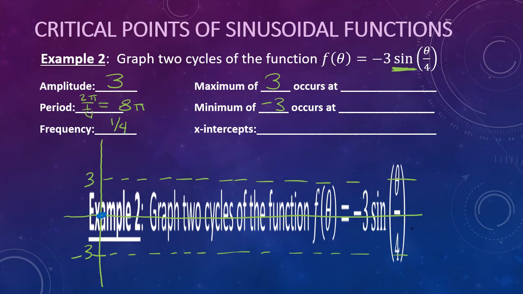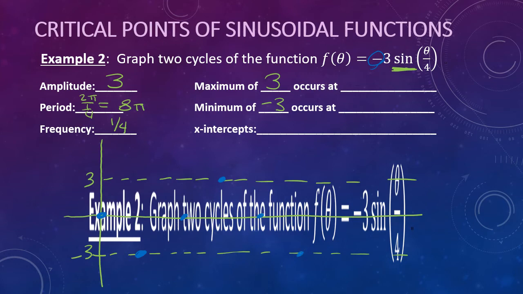Because this is a negative sine function, if you look at the sign right there, it means instead of increasing like the parent function, I'm going to decrease first. So when I go to graph my 5 critical points, this time I'm actually going to count over 3 and graph my minimum. I'm going to go over 3, midline, over 3, maximum,